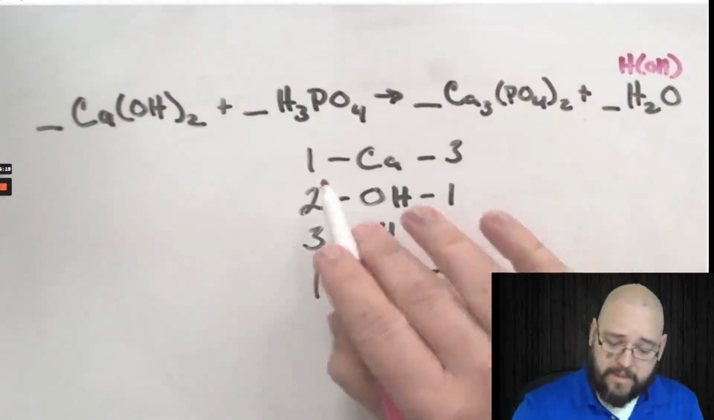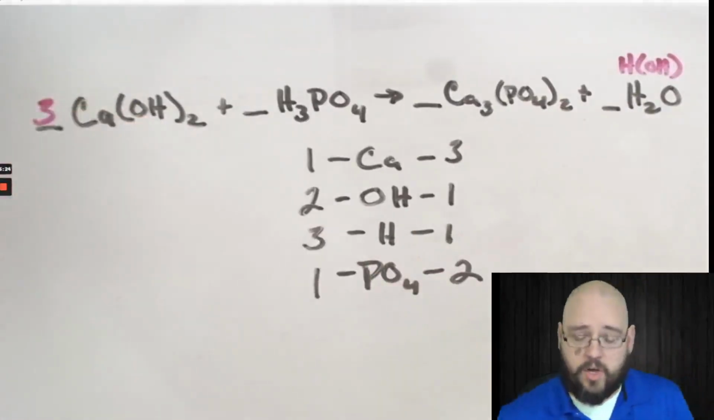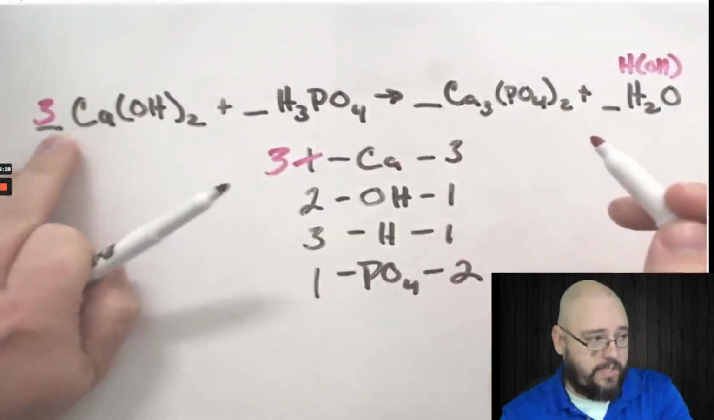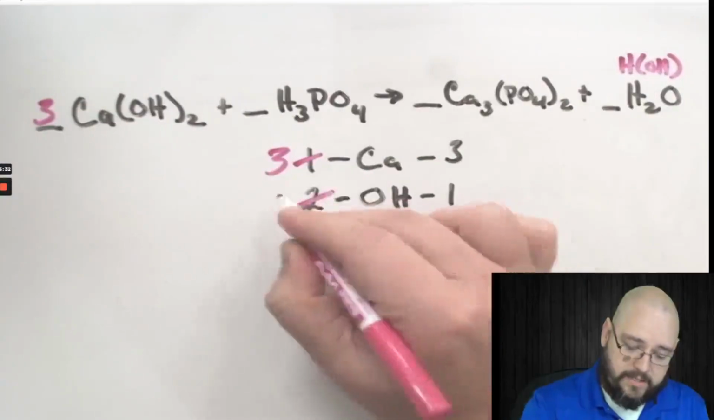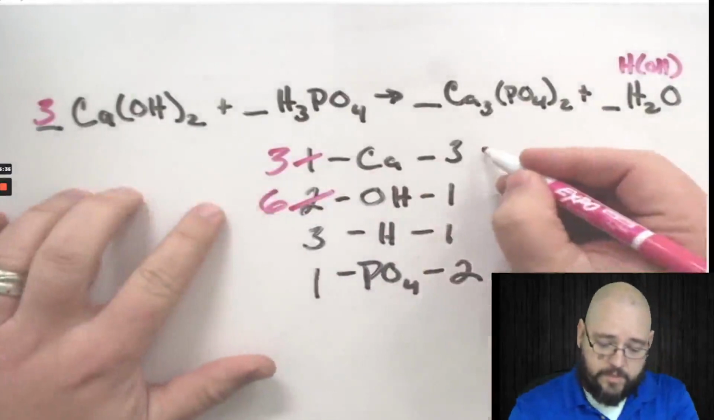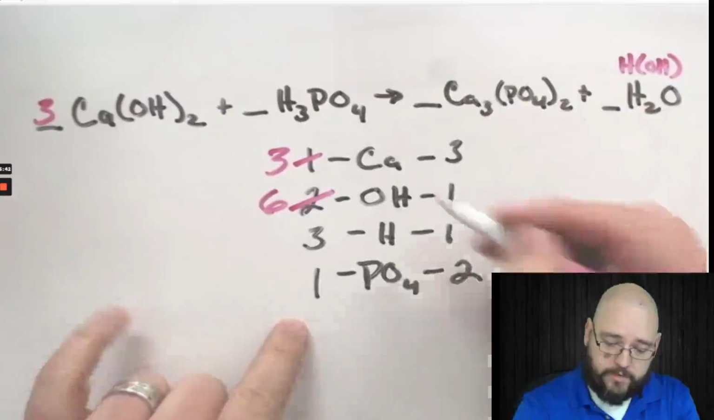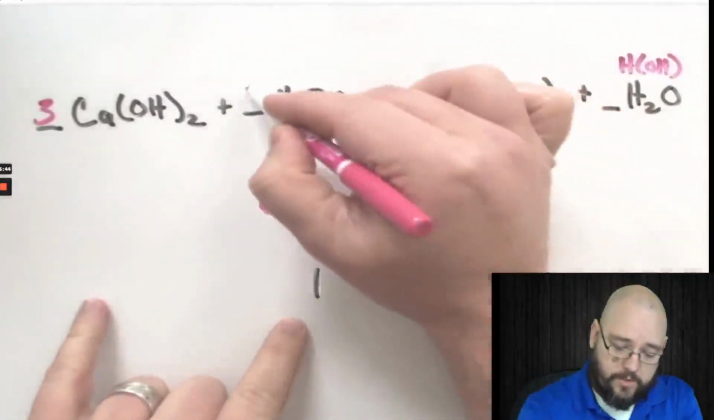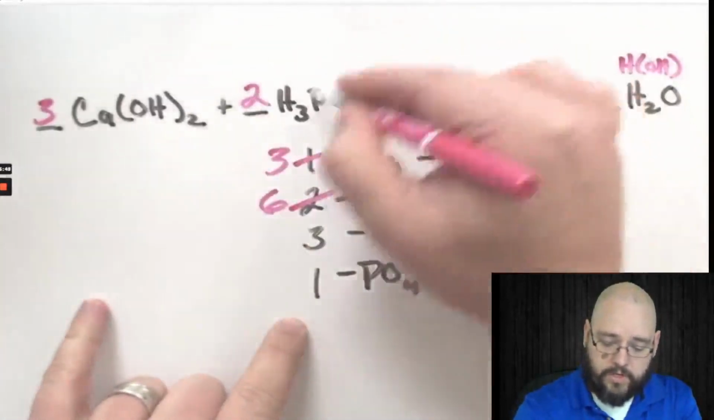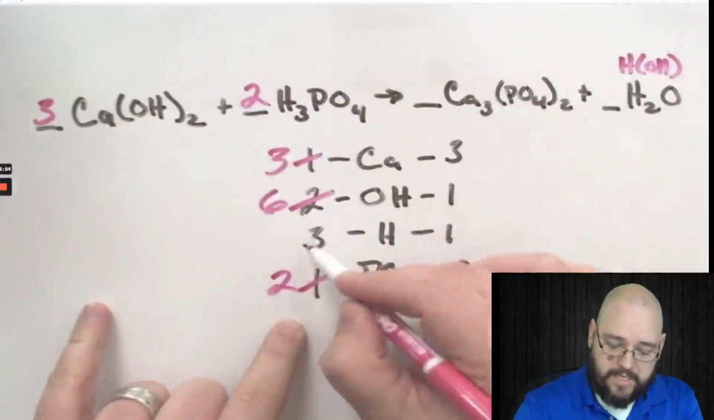So I have 1 calcium and 3 calcium, so I know I'm going to need to have 3 calciums on the left, and that is going to also multiply this. 3 times 2 is going to give me 6 hydroxides. All right, so my calciums are now balanced. So let's go ahead and balance our phosphates. We have 2 over here and only 1 over here. So I'm going to need to get 2 on this side. So when I do that, it's 2 times 1 phosphate gives me 2 phosphates,